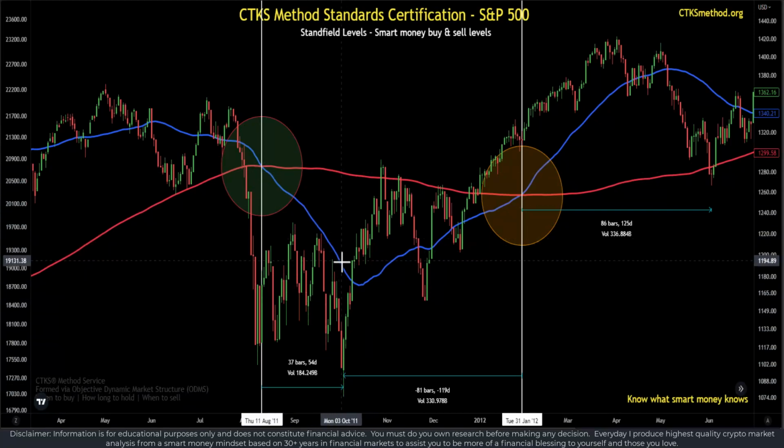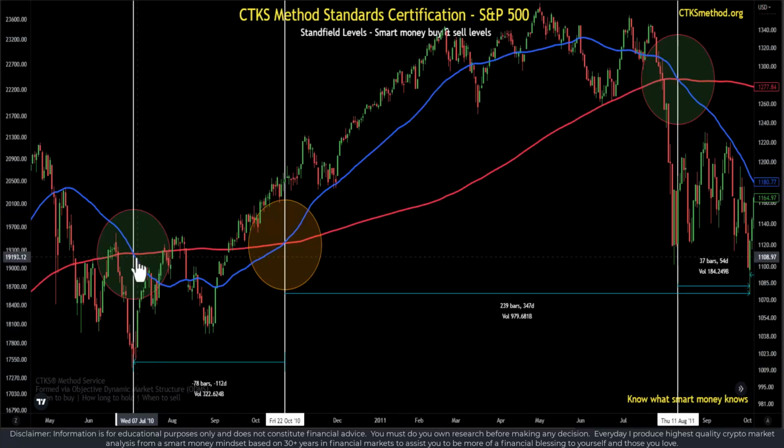What we also saw after that bottom, about 119 days after that, the Golden Cross occurred. But as we've seen previously, in about 125 days, we saw that price actually came down and retested the 200-day moving average. If you took the Golden Cross signal, indeed, the prices did go up, but then they started to weaken, they came down, and they actually crossed through the 200-day. We've seen that quite a few times now.